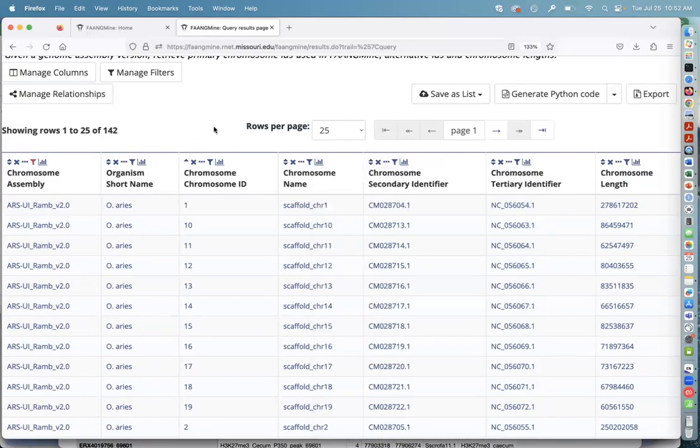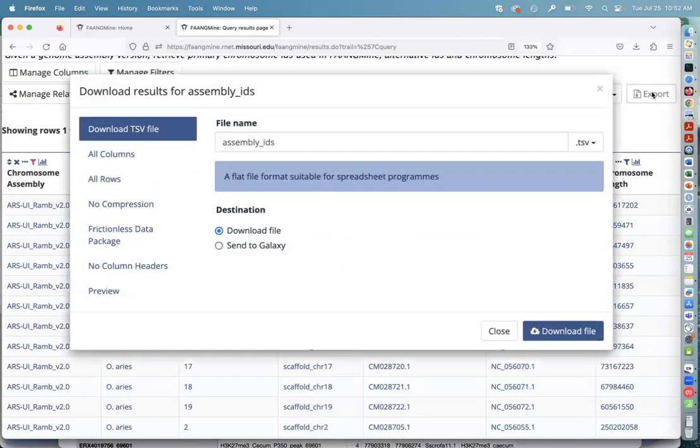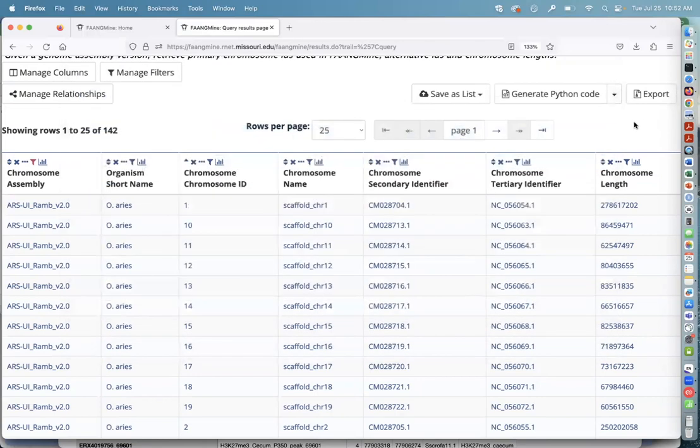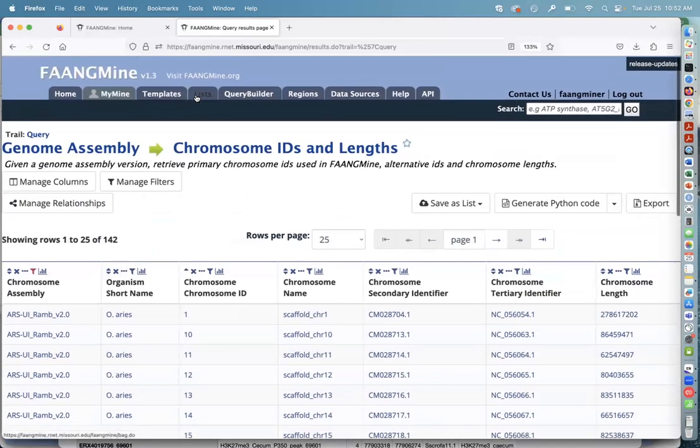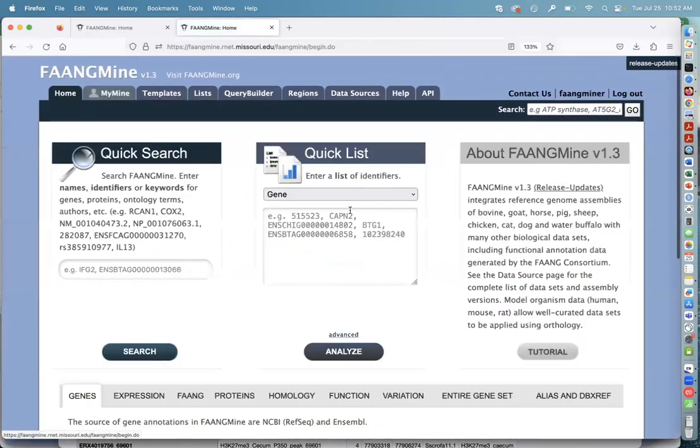So you can download this. If you click export, you can download this as a tab delimited file, which you can open in Excel, and then you can use this to change your IDs if you have a spreadsheet of information. Okay, so